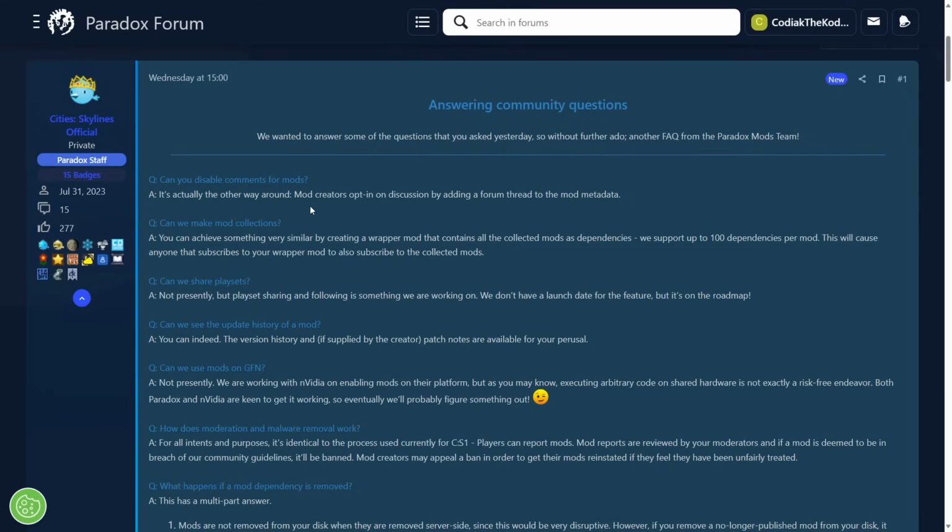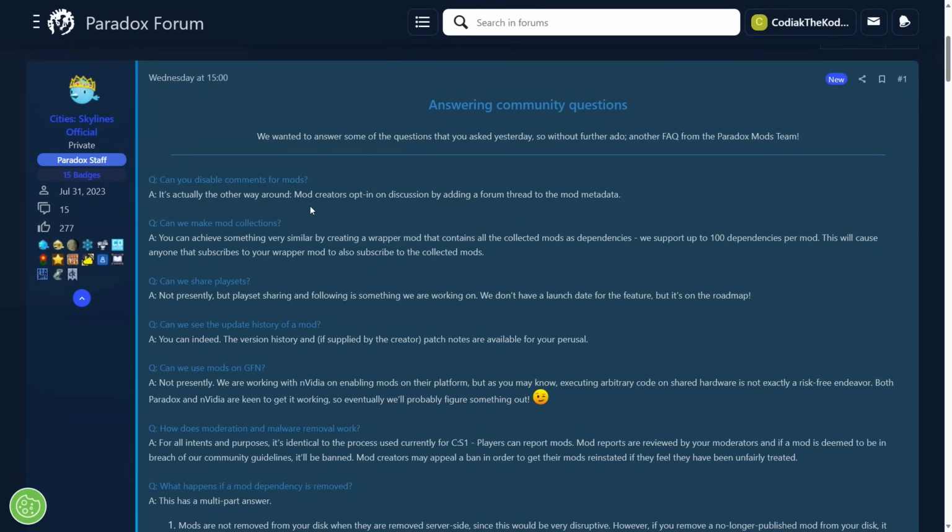Well, on default for Paradox mods, that's going to be turned off. A lot of mod creators don't like the comments directly there, as sometimes it adds a lot of confusion where people are unaware or just don't know how the mod works and then claim it's broken. So some mod creators like to turn that off for their own sake and mental well-being. So on Paradox mods, it's turned off by default, but you can opt into it by adding a forum thread from Paradox mods to the mod, and you can have discussions directly built in, just like the comments from the Steam workshop.